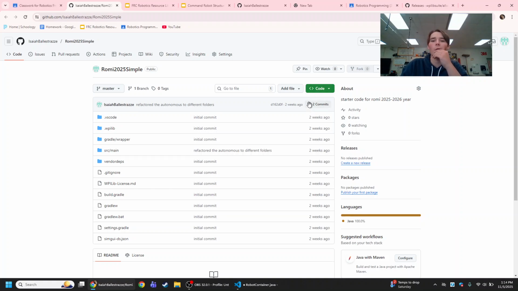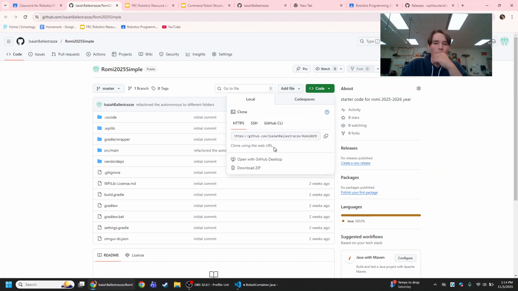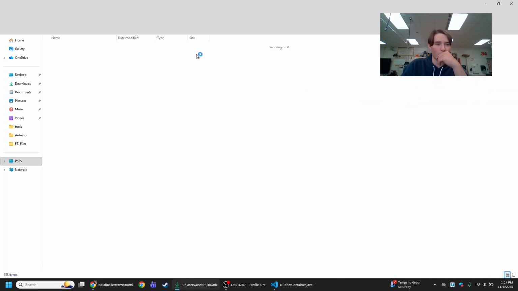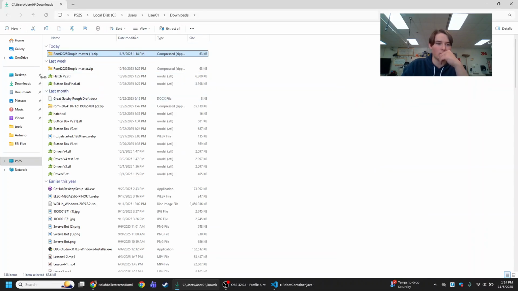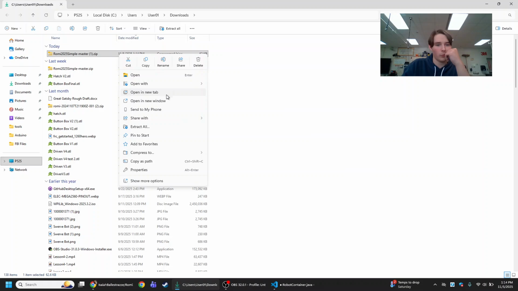But what we're going to do first is just download the zip file. So we're going to go to code. You can also do this if you're familiar with using the URL, but for now you can just download zip. Okay, so we'll do that. It might take a little bit. Actually, it's pretty fast. It's 62 kilobytes. So open that up. Go to the file location. It's just in my downloads folder. So I'm going to extract it